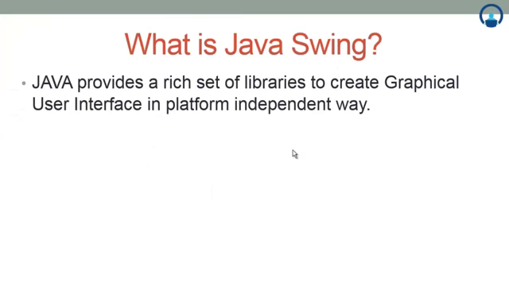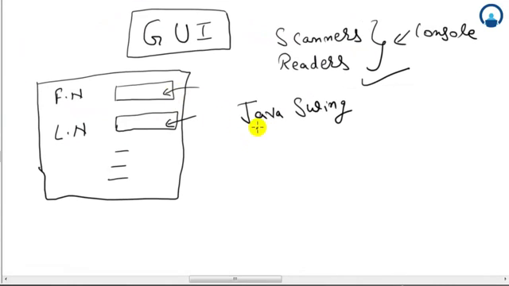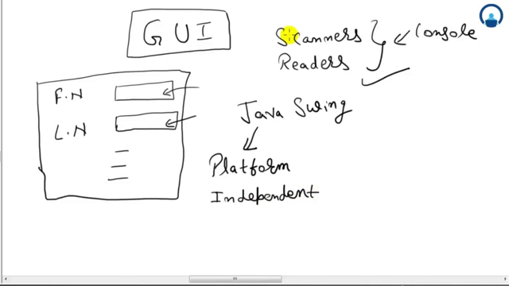as it is written here, provide a rich set of libraries to create a user interface, which we discussed, in a platform independent way. We all know that one of the advantages of Java is that Java is platform independent. So as Swings are written in the Java language, automatically they will also be platform independent. For some users who don't know this, I'll just tell you, suppose you have written some kind of utility